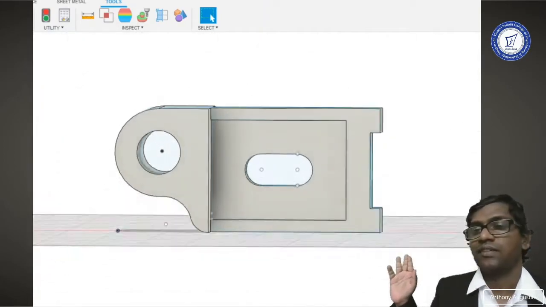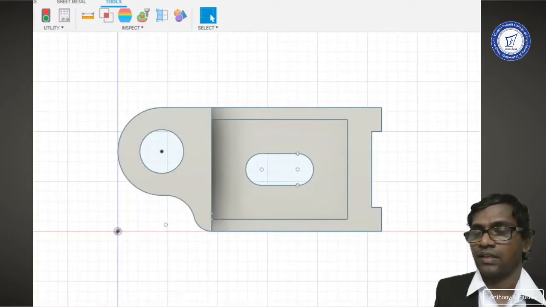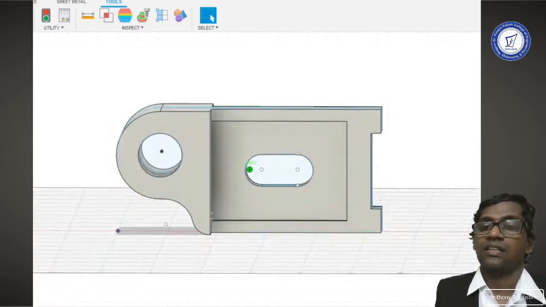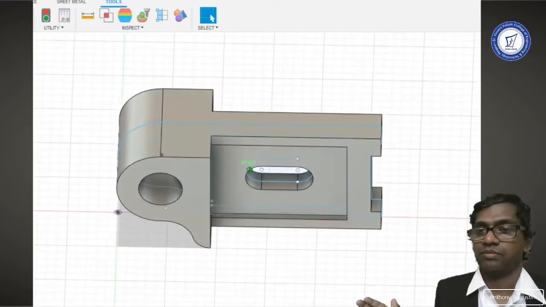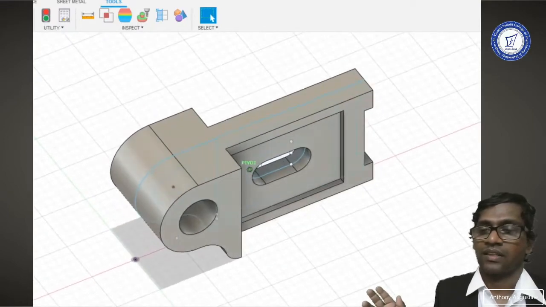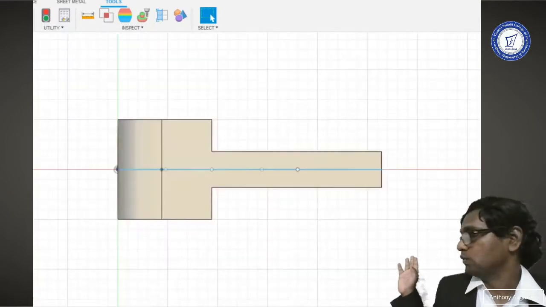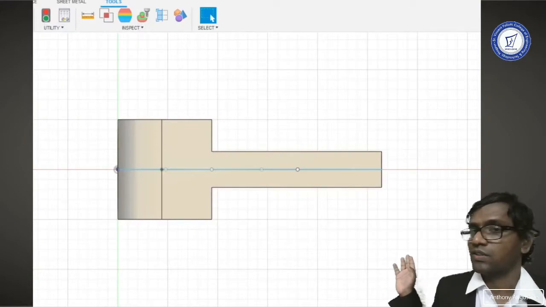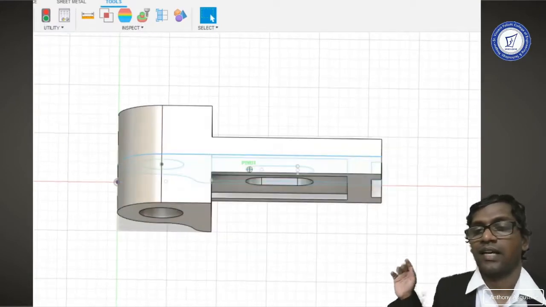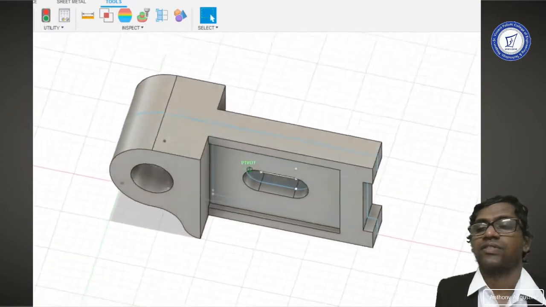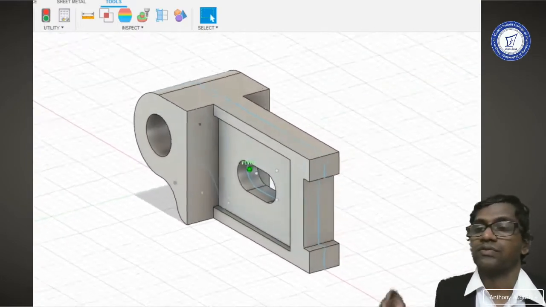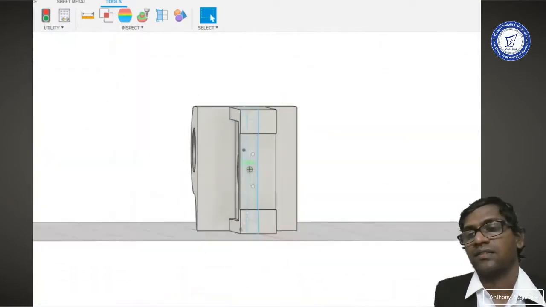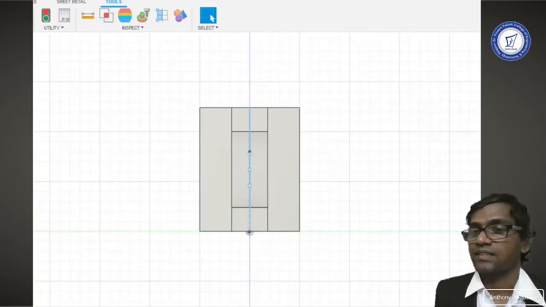Now the front view representation is shown, and we'll further see the top view representation. So here is the top view, which has been shown without the hidden edges. And next we'll see the visualization of the right hand side view without the hidden edges. So this is the right hand side view.